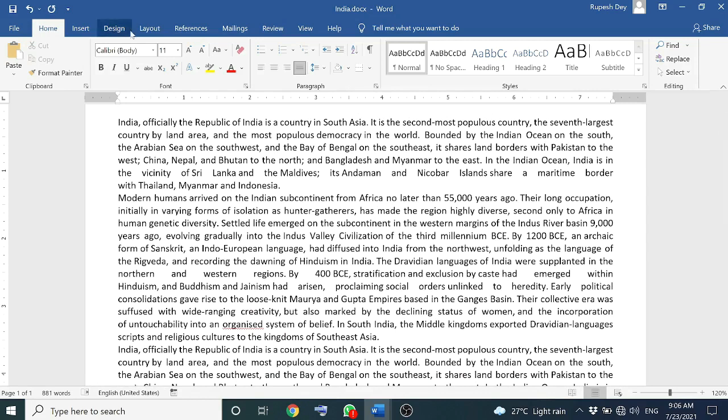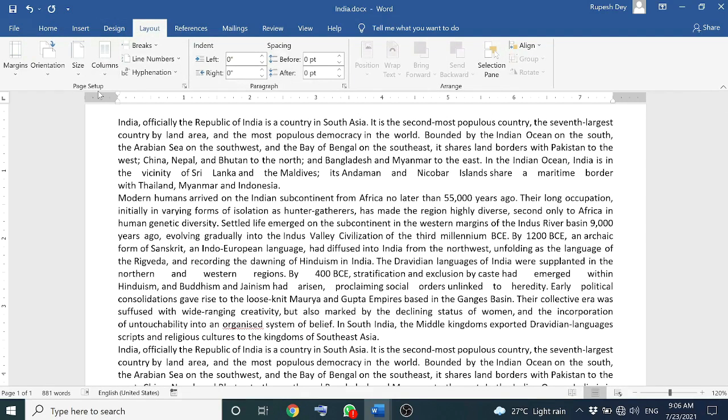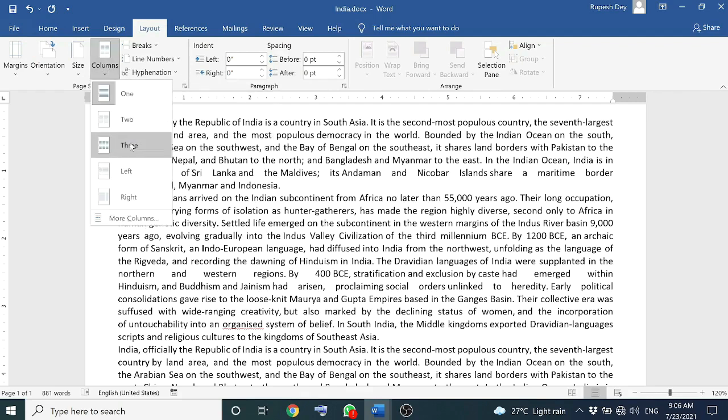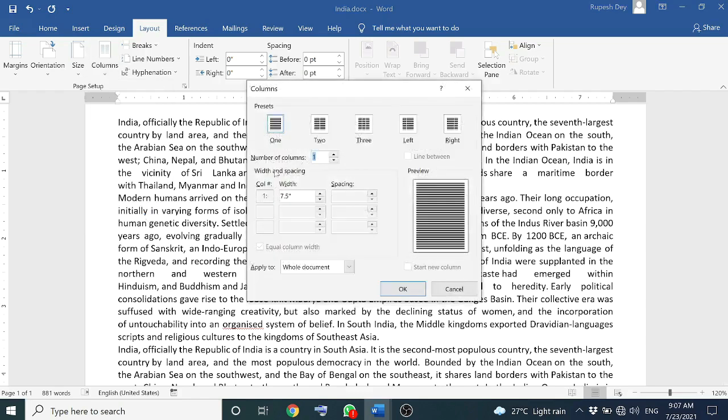Go to page layout. Here under the page setup group, you will find the column button. Click on that. One menu will appear where the first option, one, will be selected, because by default text gets displayed in one column. You can divide the text into 2 columns, 3 columns, and left and right also. The left and right options are for 2 columns only, but left will make the smaller column at the left hand side and the larger column at the right hand side. And the right option will make the smaller column at the right hand side and the left column will be larger in size.